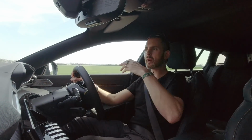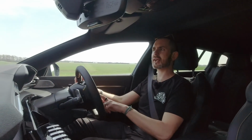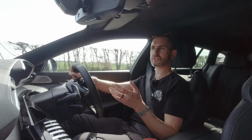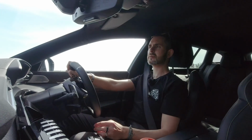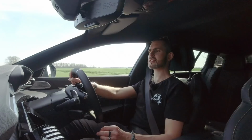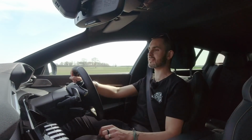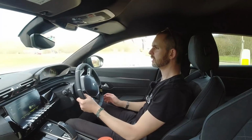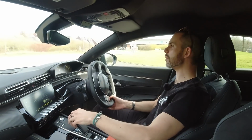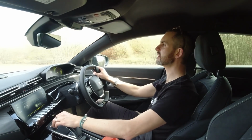I think we live in a world where people have kind of forgotten to start looking at brands like this. We've gone a bit badge snobby, and a lot of people default to the German marques like Merc or BM or Audi and Volkswagen. But actually, Peugeot are doing some really good things right now, and I think credit where due. I think it's brilliant. Really, really like it. I'm just driving this thinking I would love people to really take notice of this and maybe have a go in it, because, like,